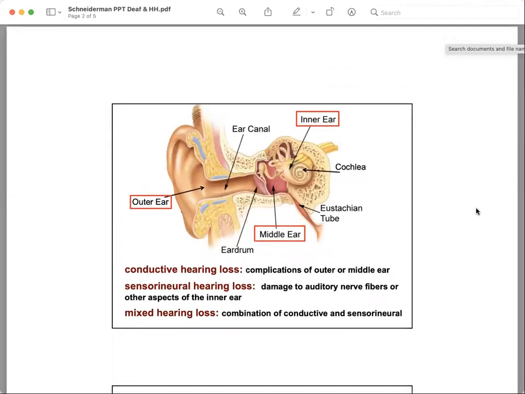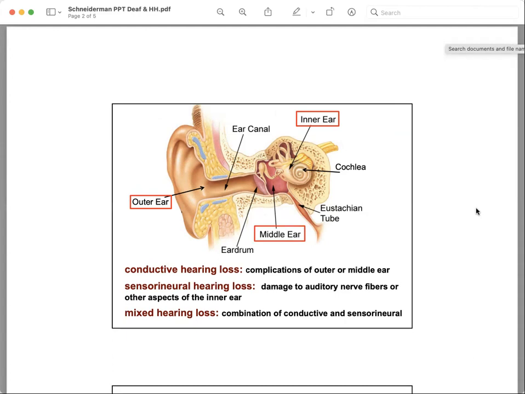So basically, I'm just going to quickly review the structure of the ear. There are three kinds of hearing loss. As you can see with the parts of the ear, there's conductive hearing loss, where the outer parts of the ear are really affected. Then there's the middle ear also. These parts conduct information from the outside into the ear canal. That's where the sound center is. So when information comes in, it's processed in the brain.